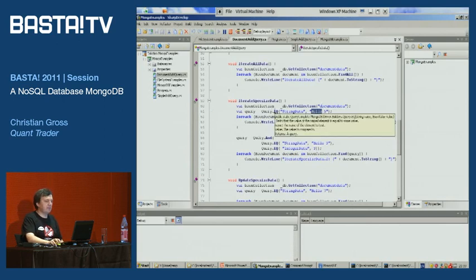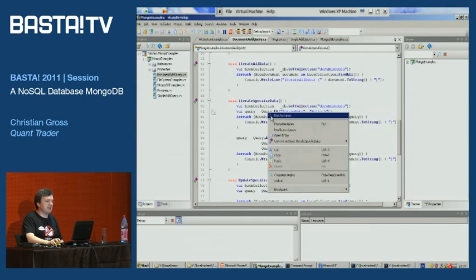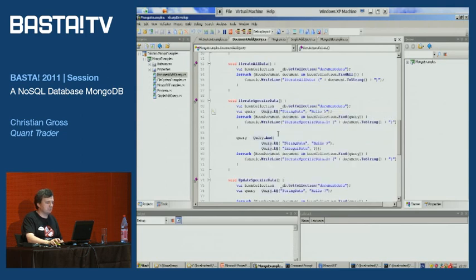This is a helper. So if I take a look at the definition of query.document, here's what it looks like.